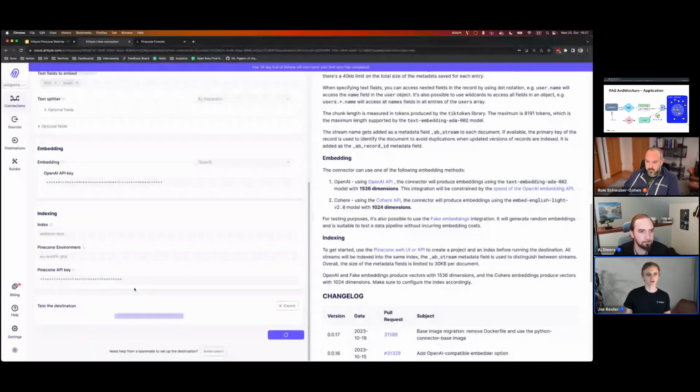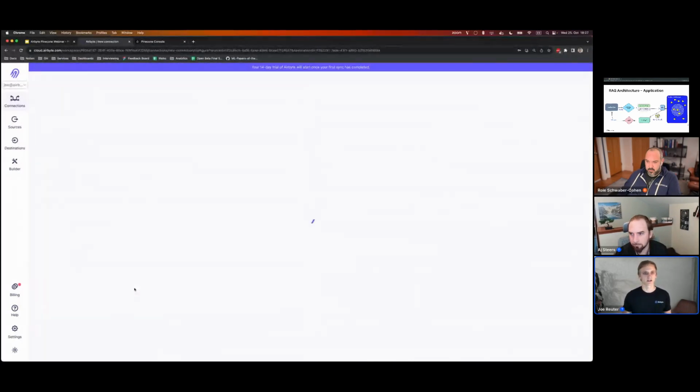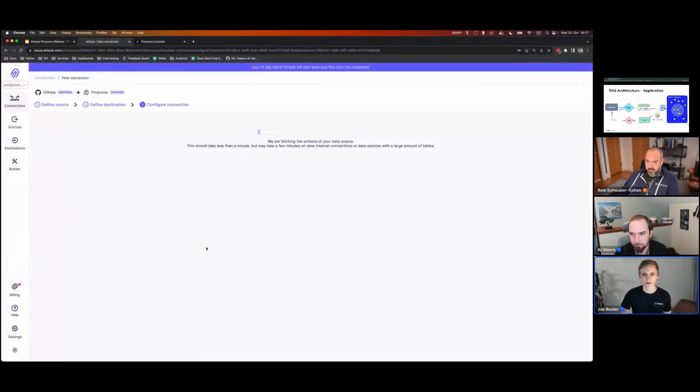Because right now we only have the source configured and the destination configured. There's actually a few things we need to set on the connection level as well. So when we're moving data from that source to that destination, how does it actually look like? The things we can set here are, for example, the frequency, how often we want to move our data over. So should it happen once a day or every hour or just manually? This is relevant